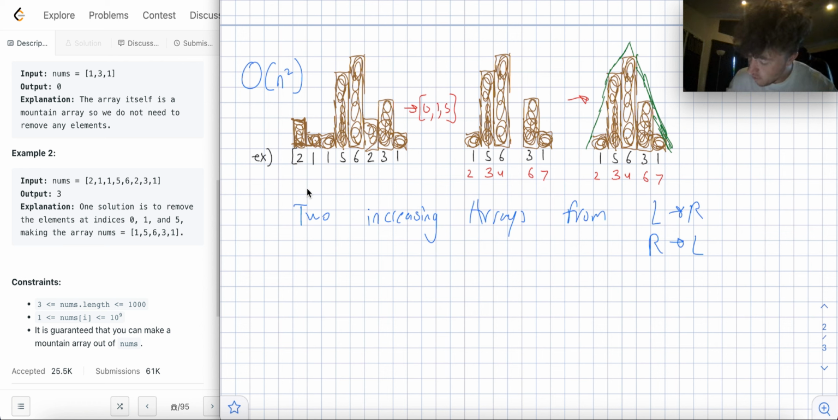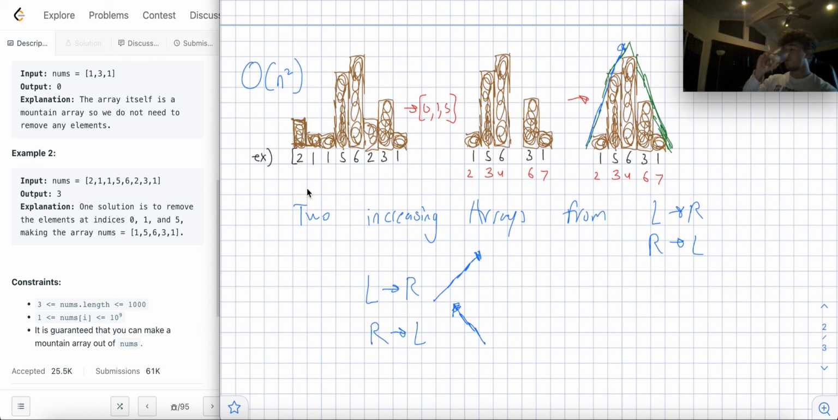We want to find an array that's increasing from the left to the right, right? From left to right, we want it increasing. And then from right to left, increasing as well, right? And then wherever these things meet, that would be the 2 increasing arrays that we're going to be making, right? Now, in order to make an array increasing, well, what do we have to do? Well, we have to remove things that make it non-increasing